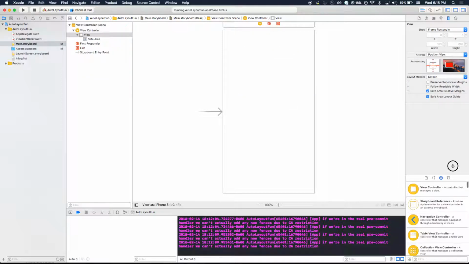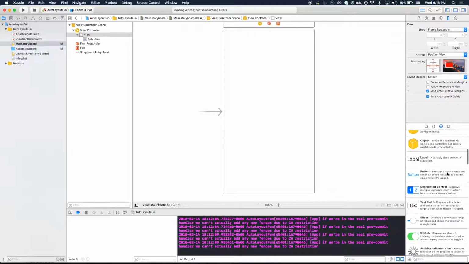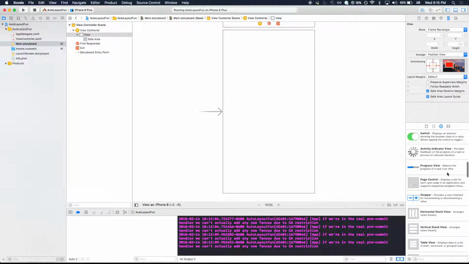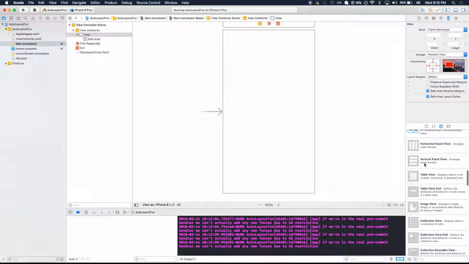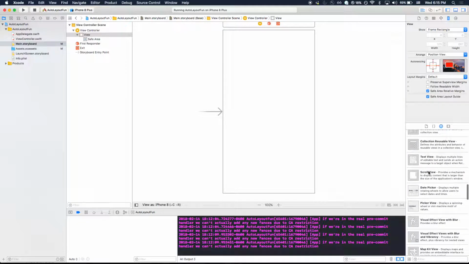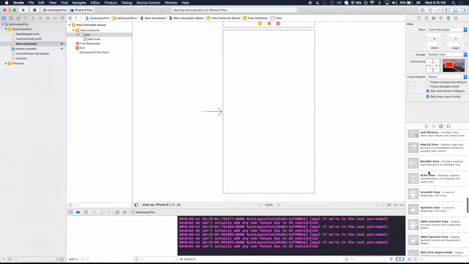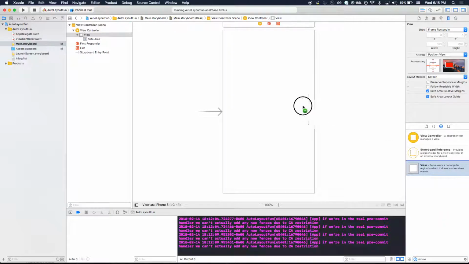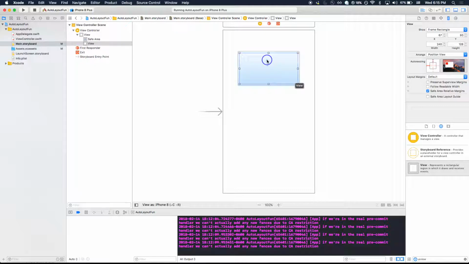Have you guys looked too much into what's down here? There's all sorts of cool little gadgets, the activity indicator and stuff like that. If you get some time, I would just scroll through and look at what is available to you for building stuff. Right now I'm just going to drag a basic view, which is honestly just a square, and put it on the screen, and I will control click from this guy to its parent, and you have some options here,